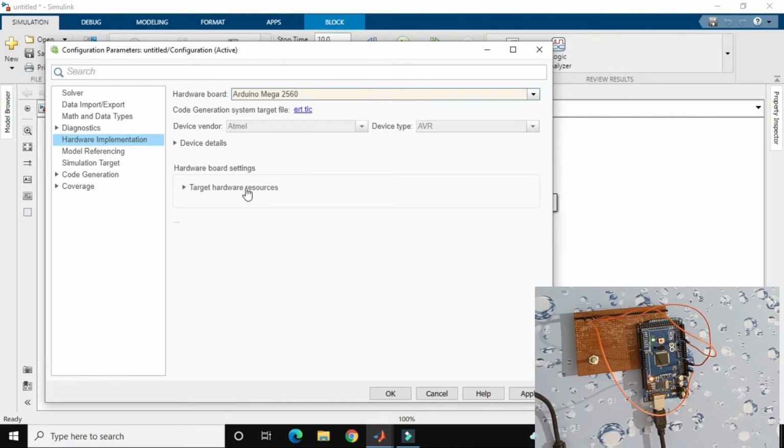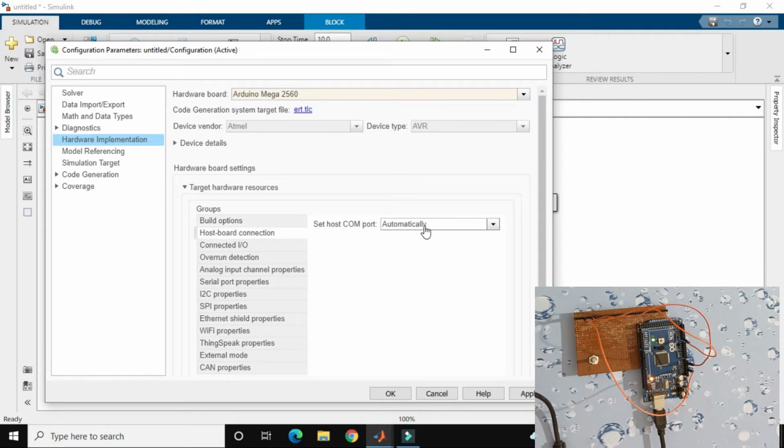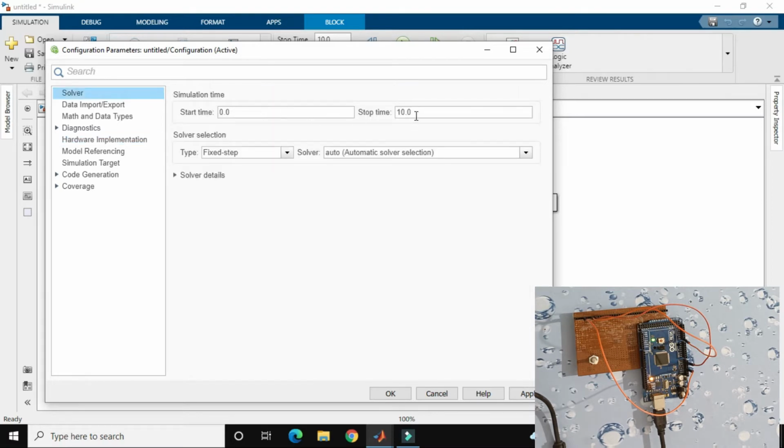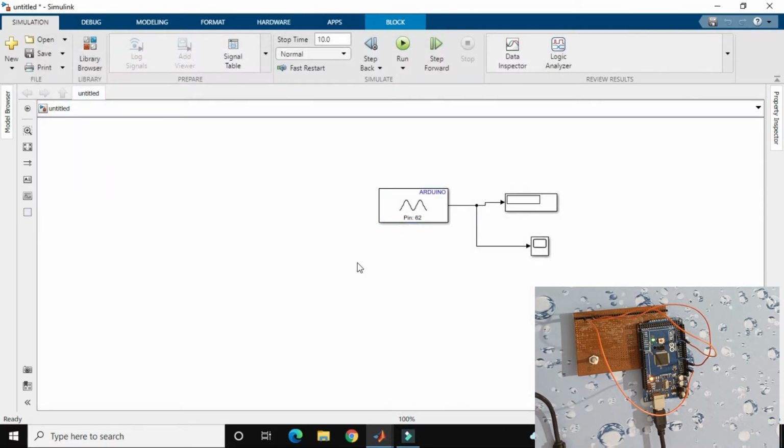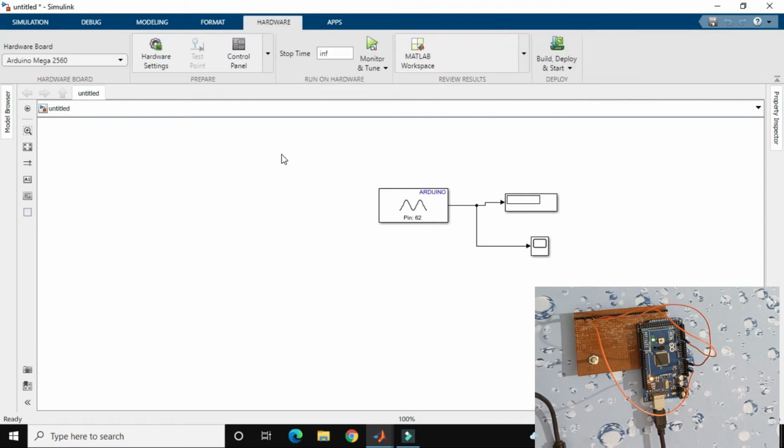The target is set manually; the COM port is 3 in my case, and in your case it is different. Stop time should be infinite. In the solver I just use automatic. Apply it. Okay, so right now the code is ready.